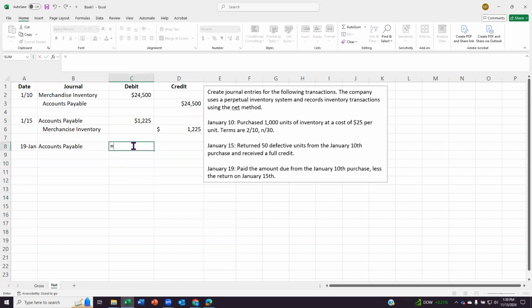So again, so I don't have to do the math in my head, I'll let Excel do the work for me. So that's the balance of our accounts payable, the credit balance, and we're going to debit it to show that we're paying off that accounts payable. The amount of cash we're going to pay is simply,